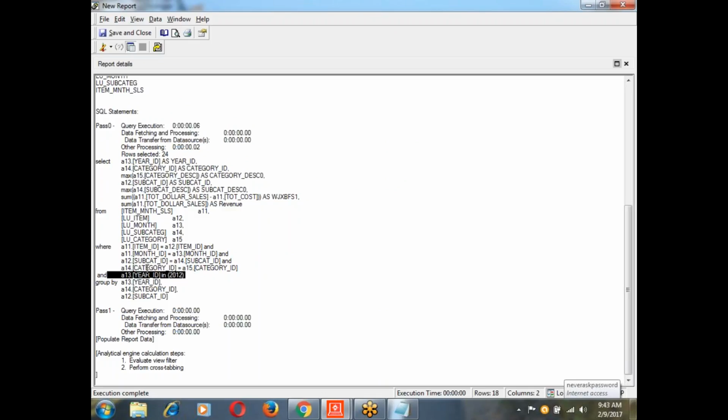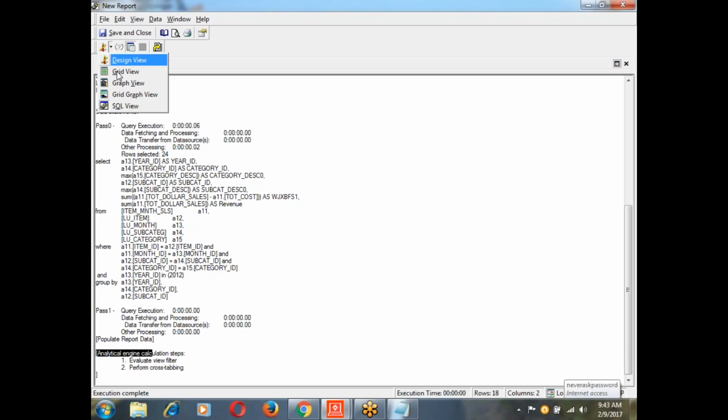then there is no condition as such on category. Category ID in list, category ID not in, that movies is not there. The reason it is not there is, look at this specific thing here. Your view filter is going to calculate at the analytical engine, similar to your dynamic aggregation yesterday or in our previous session, how it gets calculated at the analytical engine. Even the view filter condition gets evaluated at the analytical engine,